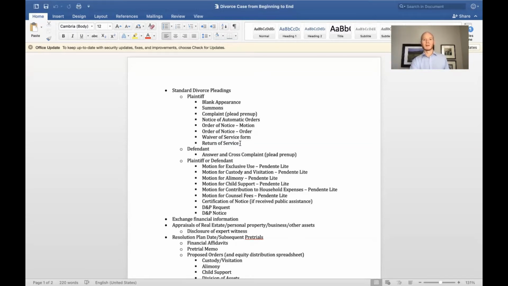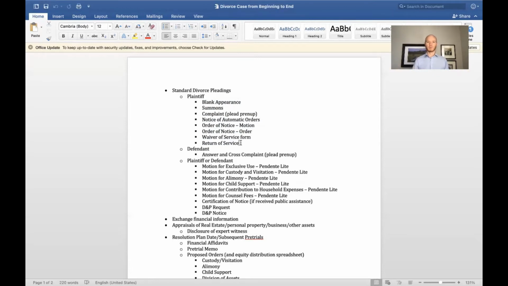Or if you have the defendant served, you give the paperwork to a marshal. The marshal serves the defendant, and then the marshal gives a return of service back to us, which is filed with the initial case. So just the steps of how it works: we first draft these initial pleadings and give them to the client for approval,